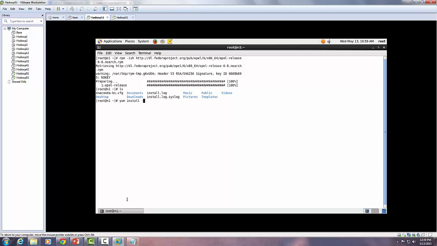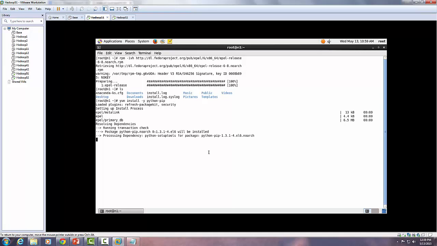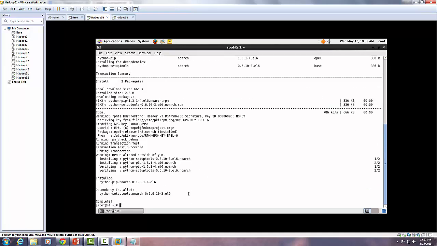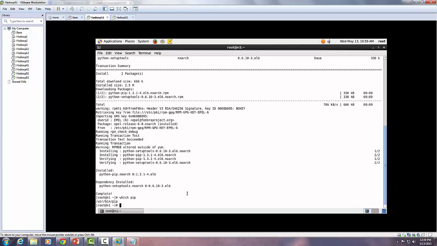Yum install, yes to everything, and it's Python pip. This wouldn't work before if we didn't do this. We didn't download the RPM, so that's why we needed to do it. And as you can see, it's installing, and if we check the installation once again, yeah, it's there. And now this was the